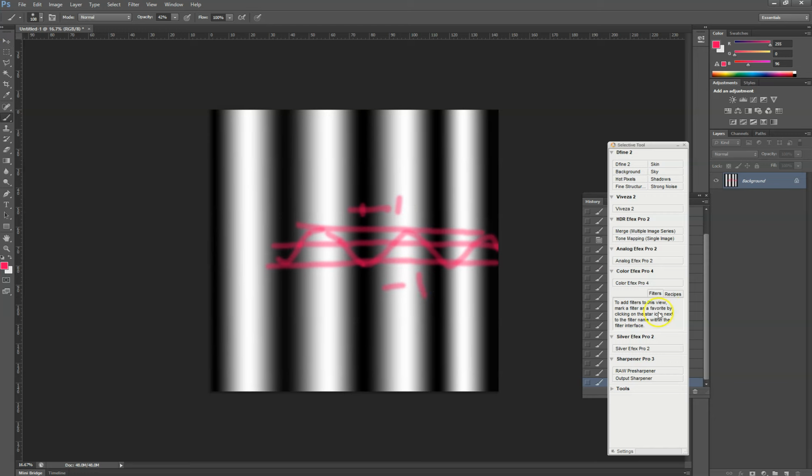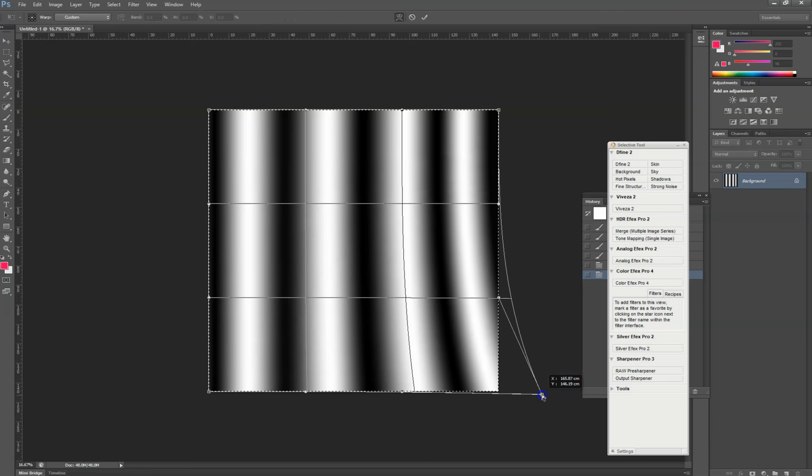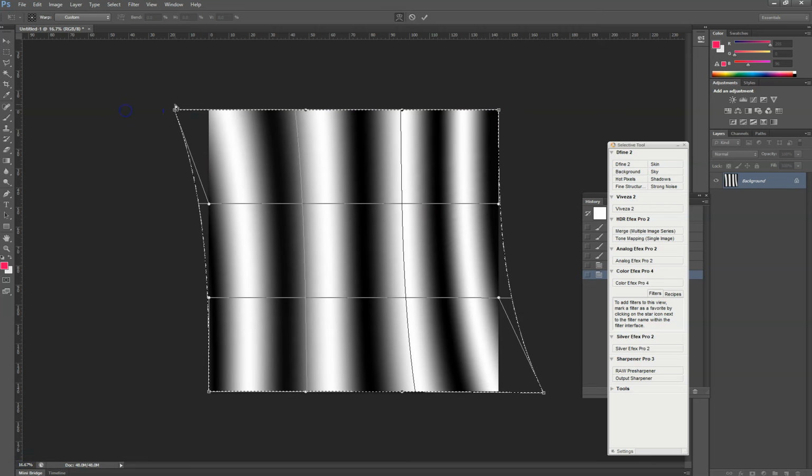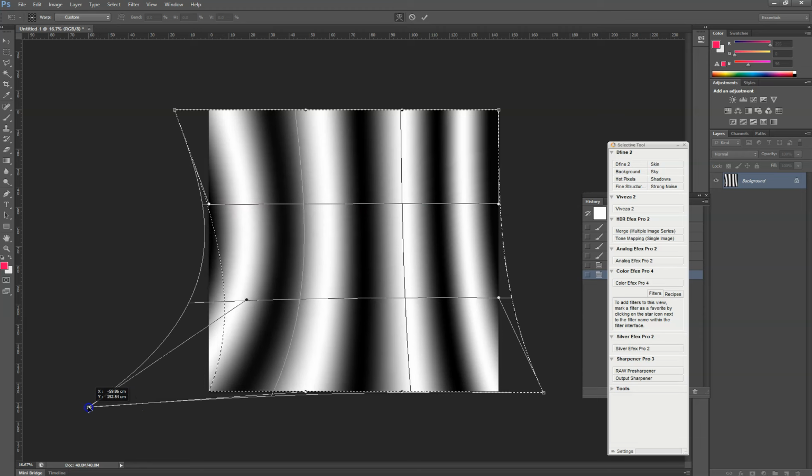So if I get rid of those, that means that we can modify this. Just hit Control A, Control T, and we can go warp. So if we warp it, again, if we just modify this, sorry, just got interrupted there. So if we modify these like that,